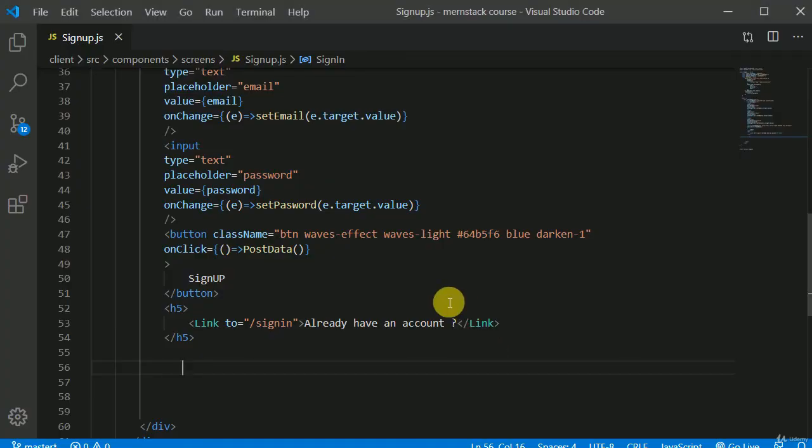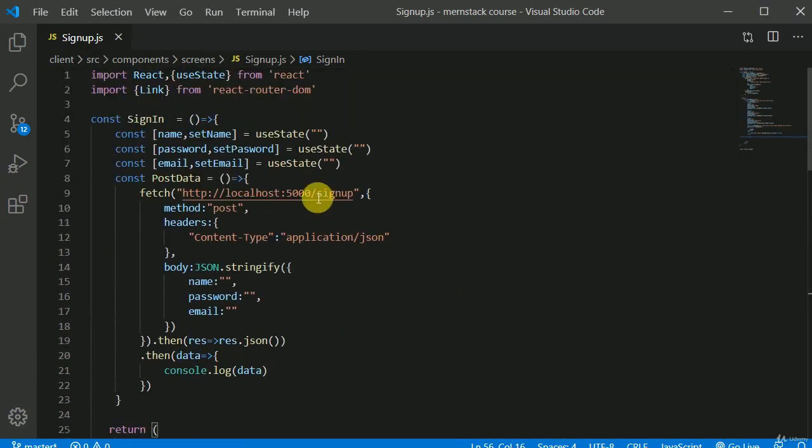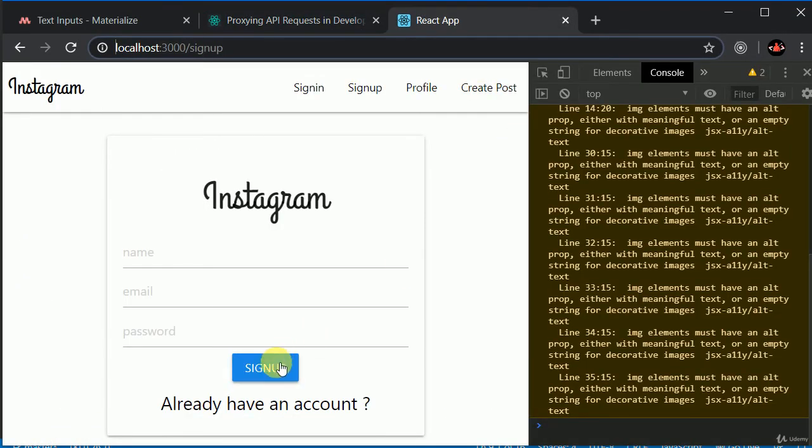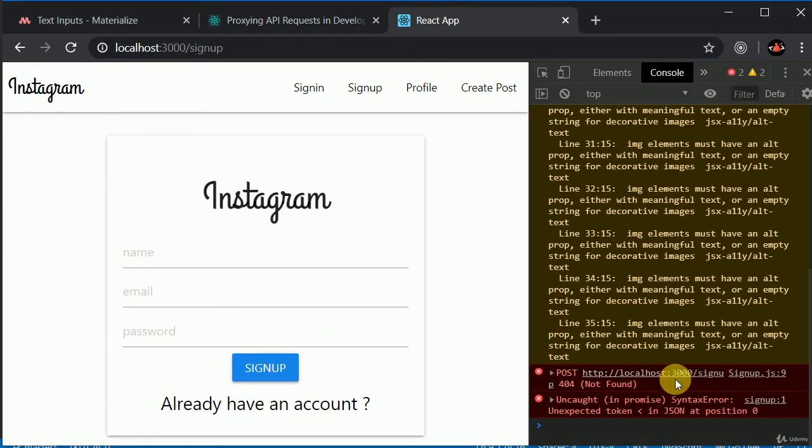Now here I can use a relative path. Here I can write just signup. If I save this, now let's see what happens. If I click on the sign up, here you can see the request is being sent to localhost 3000 if I am using a relative path. But we want to send the request to localhost 5000 because our server is running on localhost 5000, right. Okay,